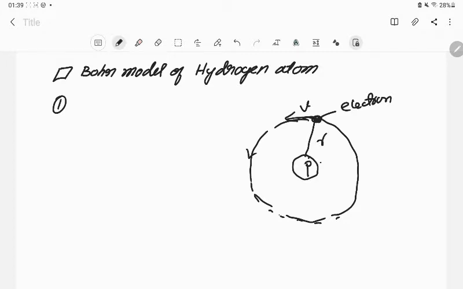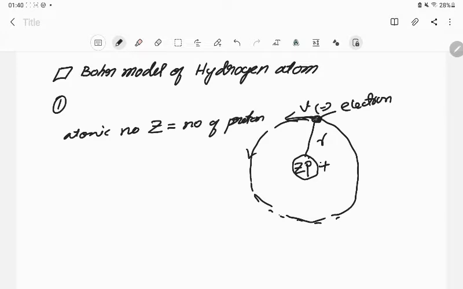Okay, let's say here there are Z number of protons, because atomic number, what is atomic number? Atomic number is denoted by Z. This atomic number is the number of protons. So here Z protons are there in the nucleus. So this is positive charge and this electron is negative charge. So both of them are charged particles, right? Opposite charge. So opposite charge means they will attract,